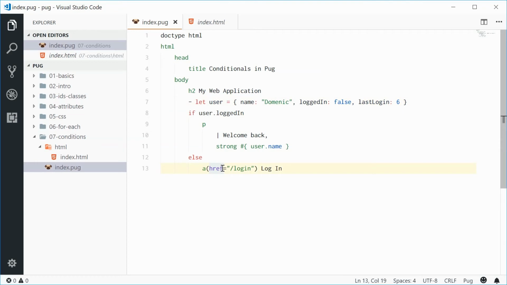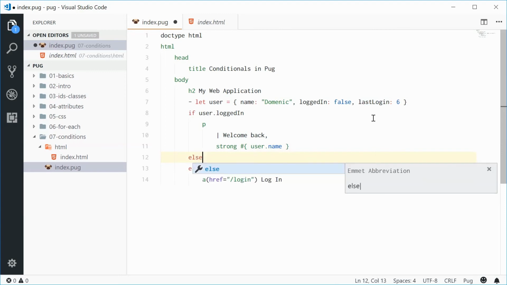So you're able to put an else if between the if and the else. So we're going to use this last login property here to add an else if and say, okay, if the user logged in less than 10 minutes ago, then we're just going to say log in again. So let's put an else if inside here. Okay, we're going to say, okay, else if, and then put down if the user dot last login is less